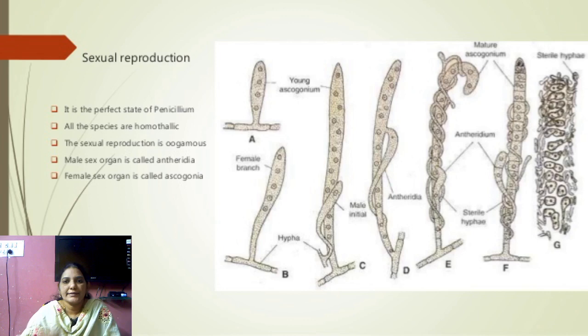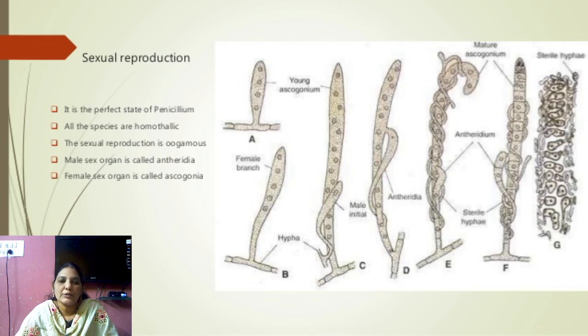The antheridium touches the ascogonium at the time of fertilization. The antheridium just touches the ascogonium, so there is no involvement of the antheridium. The antheridium cell does not come into the ascogonium. Only the antheridium is attached to the ascogonium, then